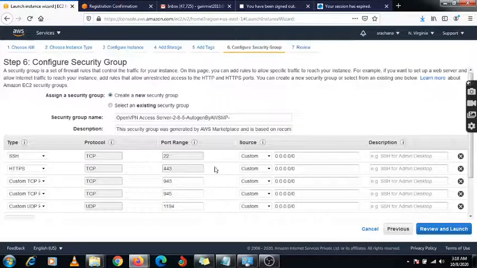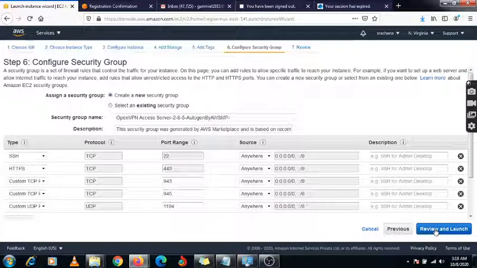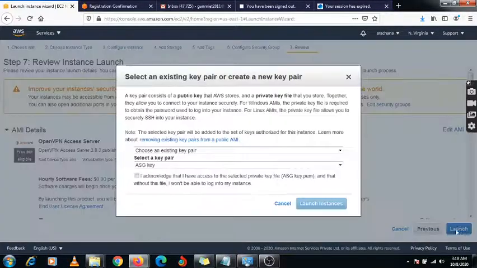The security group is already assigned, so I'm going to select anywhere. Review and launch. Just launch it.